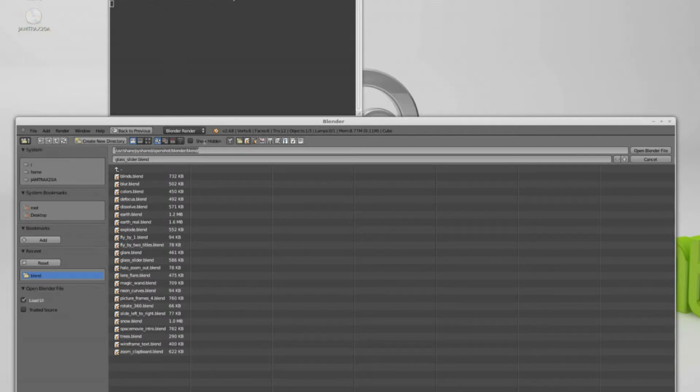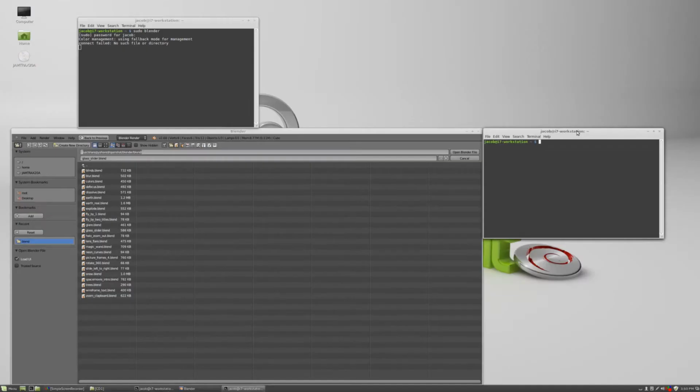/usr/share/pyshared/OpenShot/blender/blend. Now what you can do is open up another terminal, and if you don't know where your Blender files are, the names of the Blender files are right here. So the one I want is